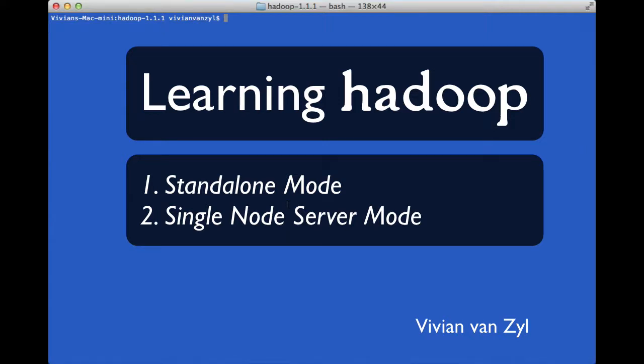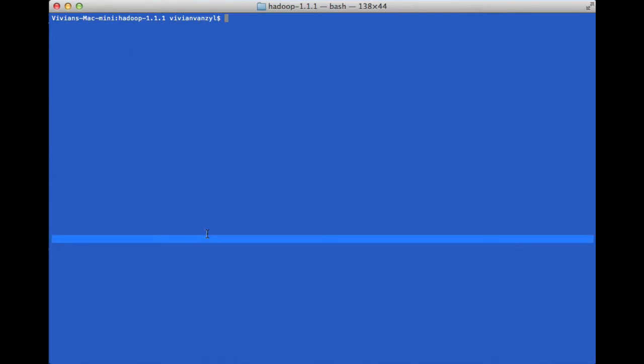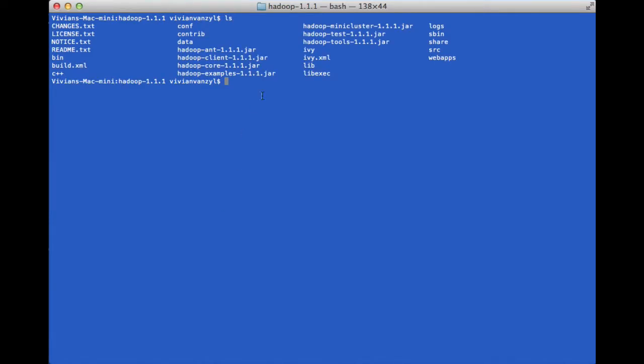Okay, so here's my little Hadoop example. We're going to try standalone, and Hadoop as a single cluster or single node cluster. So standalone, first of all I extracted Hadoop 1.1.1 into a folder on my machine here, and then I went